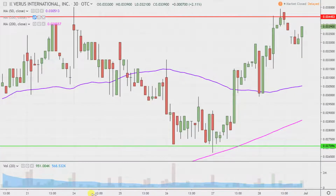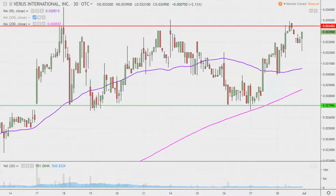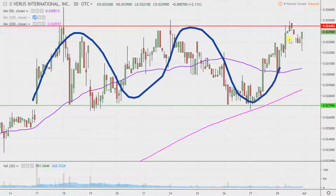So the point here being that charts are worth learning, and then also from the big picture point of view, and this is nothing new if you've watched the past videos, but like I said, it's amazing how I've stepped away from everything for a week and I come back, and literally the same exact thing I was talking about is still totally in play. This channel pattern right here. So really the easiest way to summarize this: 30-minute time frame, sideways channel pattern, top of the channel resistance right there at 0.0345, bottom of the channel support right down here at 0.027,